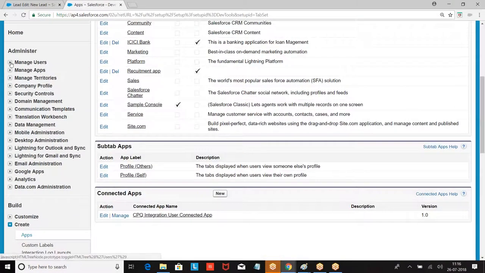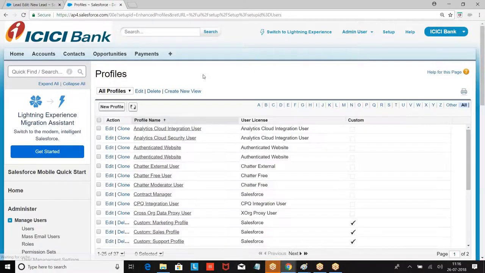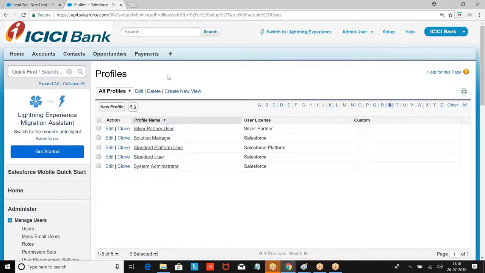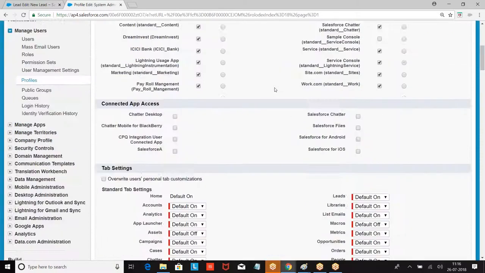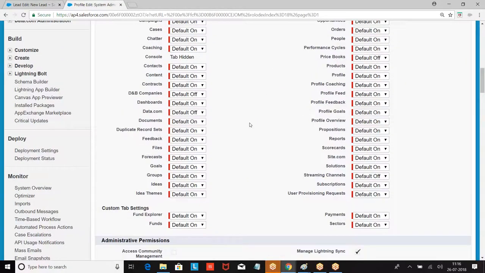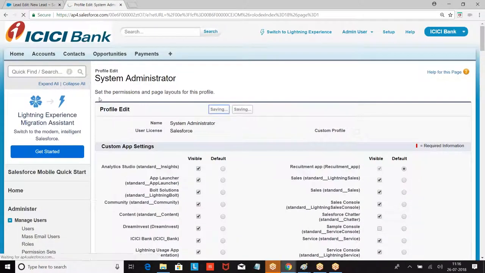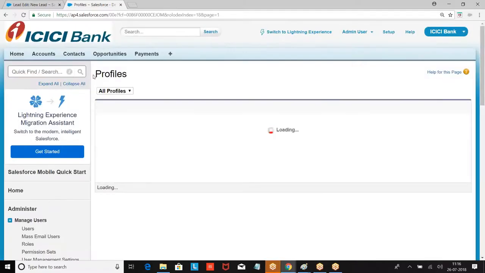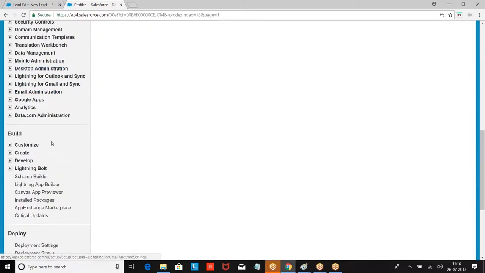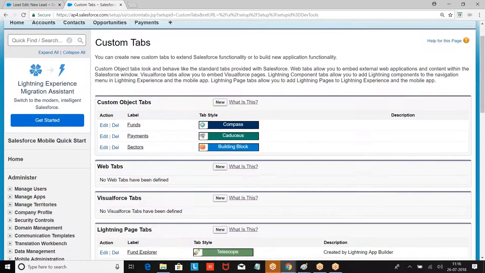So do not modify any permissions, because I will have some idea what is there in the account. If somebody modifies the permission, I have to again waste time in resetting the things. So do not modify anything on this account. This is only for accessing my programs or notes. Tab was deleted. So how do you create a tab? Create tabs.